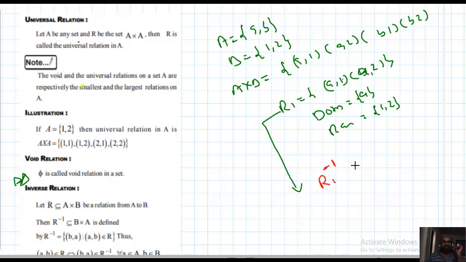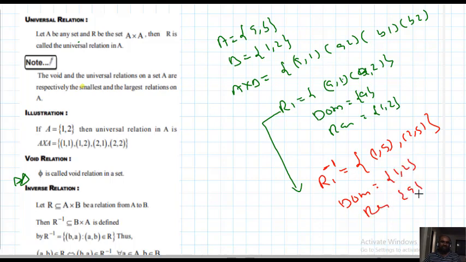So we read it as inverse of R1. How do we get the inverse of R1? Just interchange, giving (1,a) and (2,b). This relation is called the inverse relation, just interchanging first component and second component. Find the domain of this. What is the domain? {1, 2}. What is the range? A. What happened? Domain of R1 is set A, domain of R inverse is {1, 2}. So range and domain are interchanged: domain becomes range and range becomes domain of the inverse. So this is the definition of inverse.